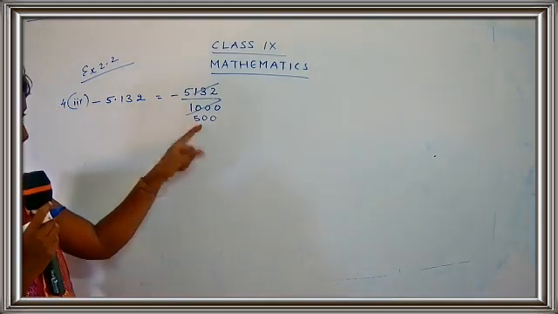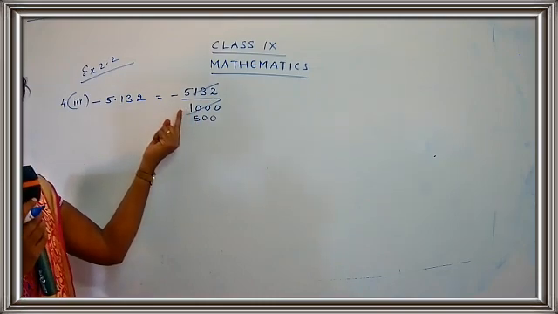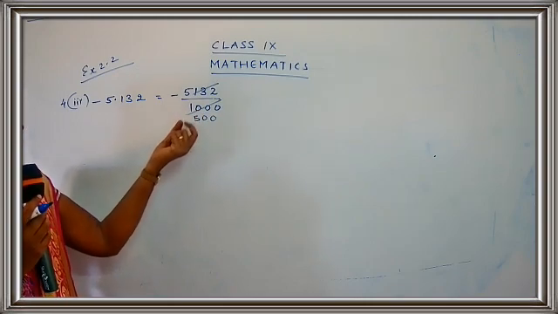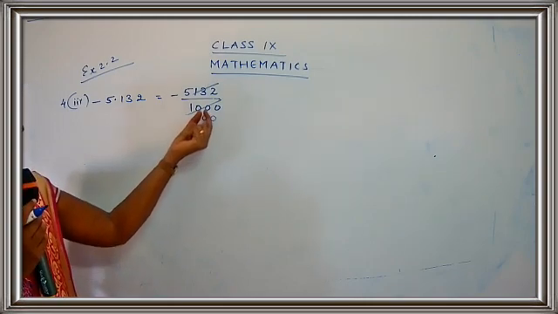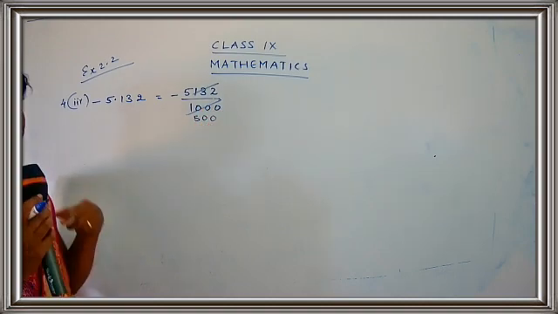2 5s are 10 because 1 is not possible. 1 is a single digit number and it is less than 2. So just take the number 10. 2 5s are 10. 0. 2 zeros are 0. Again 0. 2 zeros are 0. You get 500.